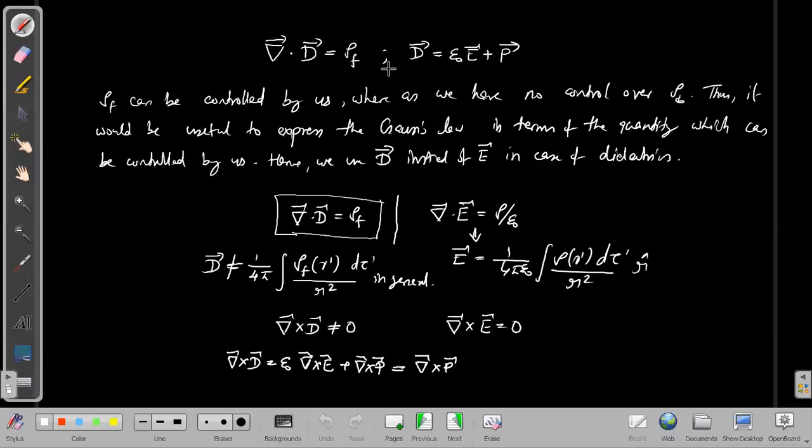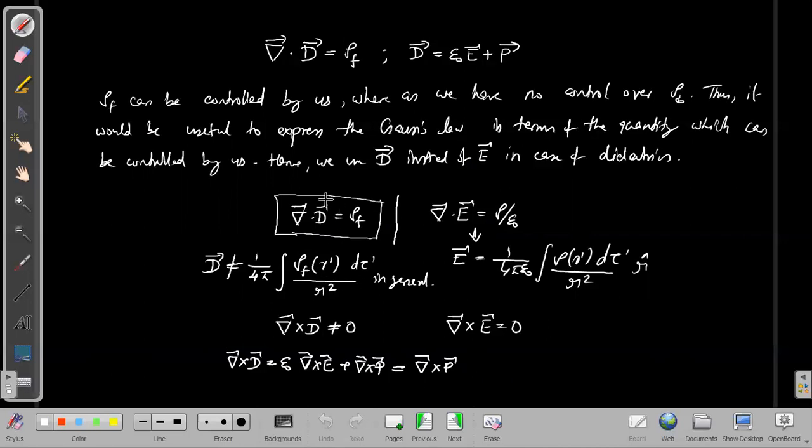So although it has a similar kind of Gauss's law in the differential form, the forms of their curls are not the same. A vector is characterized by its divergence as well as its curl. So if the divergence and curl are the same, then both the vectors would look the same. But here the divergence and curl are different. The del dot D and del dot E take the same structure, but their curls do not take the same structure. That is why we don't have a complete parallel between the electric field and electric displacement.